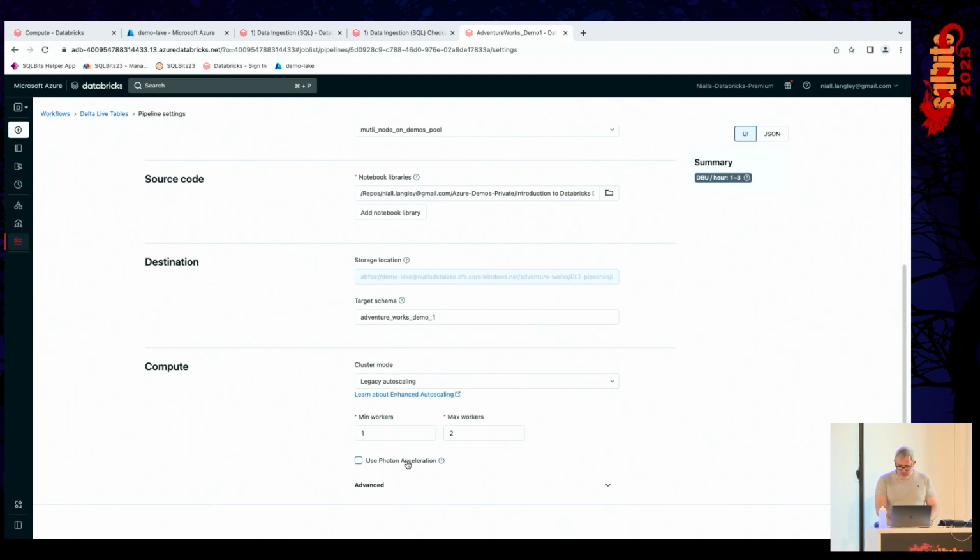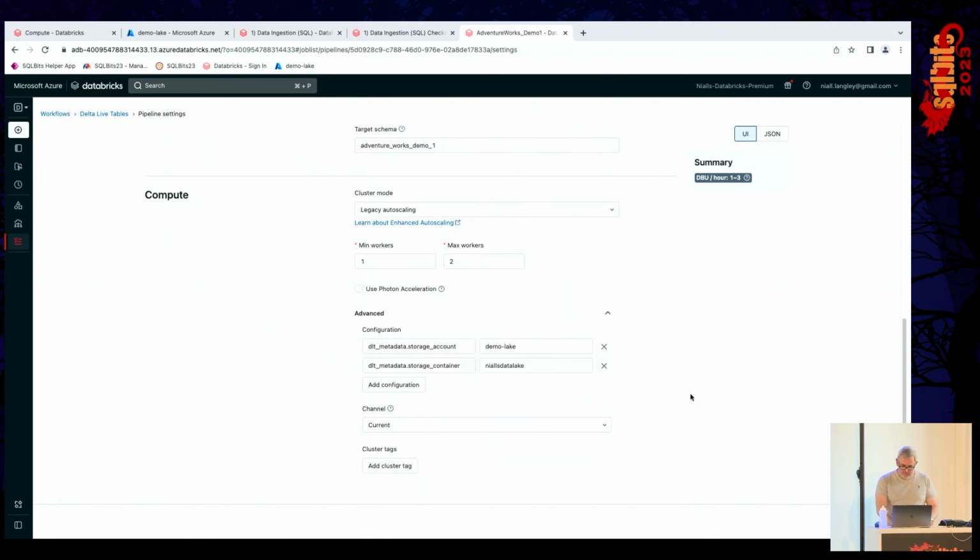You have an option for photon acceleration, and then under the advanced, we mentioned before that we use that syntax of $curly braces to inject our paths into there. This is where you define them. So you put them under configuration, and essentially what's happening here is this is setting Spark config behind the scenes, and when you use that curly braces, it pulls the Spark config that you've set here. So give it a kind of meaningful name, and try to make sure that you're not overlapping other Spark config